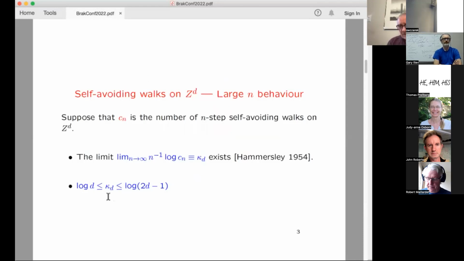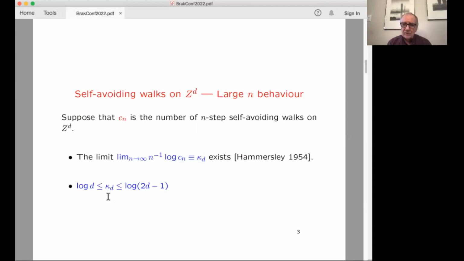You need to know a few things about self-avoiding walks. Well, I'm sure most of you know lots of things about self-avoiding walks, but a couple of things that you need from the point of view of this talk are as follows. We have a self-avoiding walk on some lattice Z^d, which is the d-dimensional hypercubic lattice. You can think of it as being the square lattice or the simple cubic lattice, if you like. The extension to general d isn't very important from this point of view.